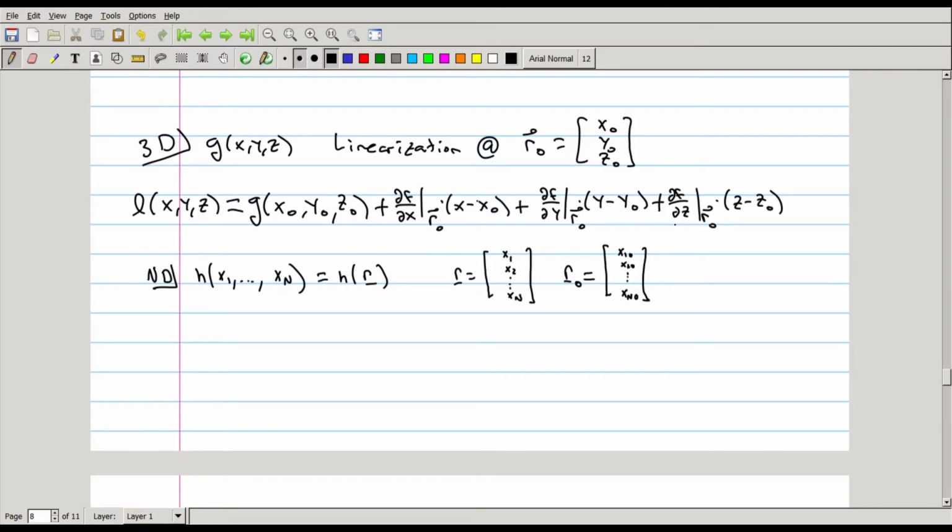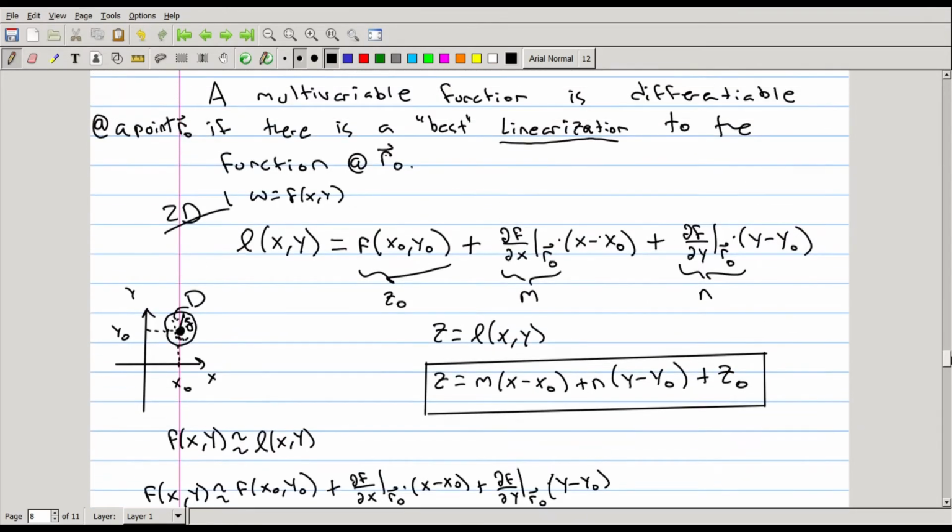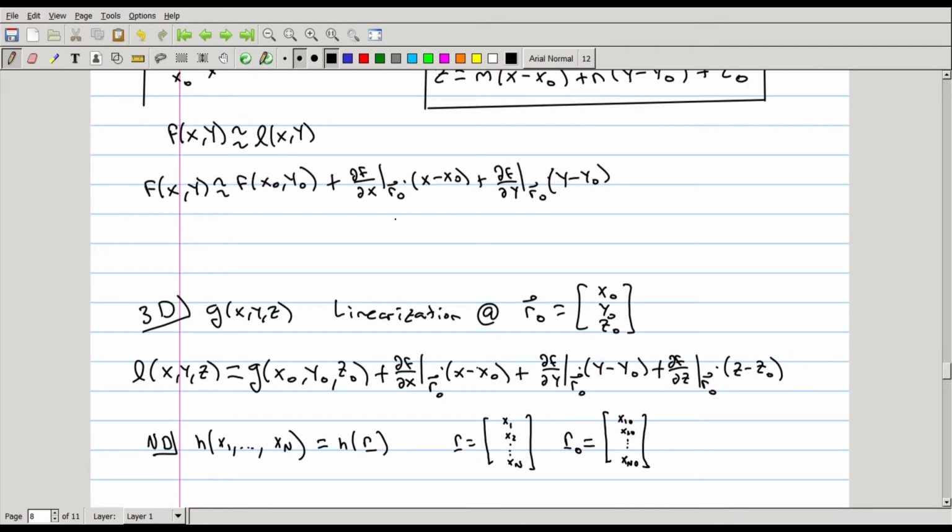And we'll use the formulas from 2D and 3D to sort of guide us along. If you look at the linearization formula in 2D, a little bit of thought and knowledge of what's called the dot product, the vector dot product, will allow you to realize that this is really just the same thing as the function evaluated at the point r0 plus the vector dot product of the gradient at the point r0